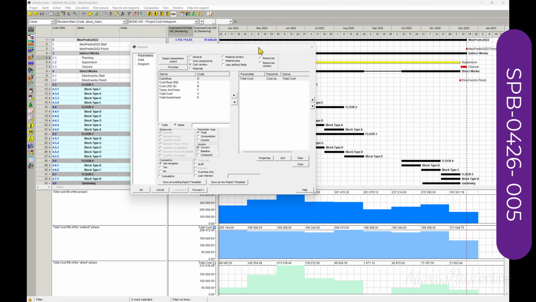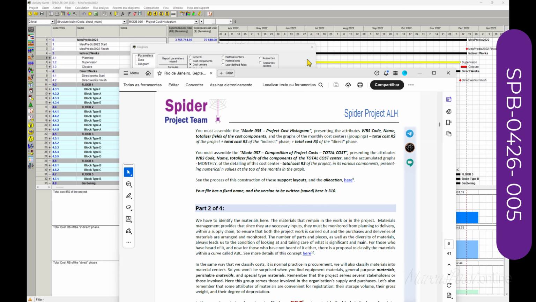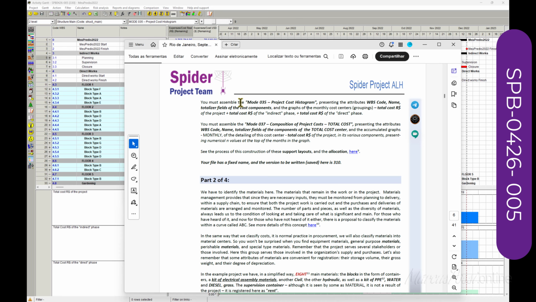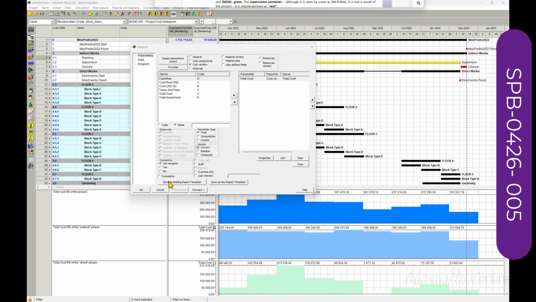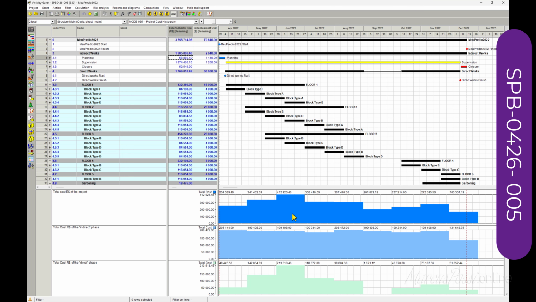Presenting attributes, totalize the graph month grouping total cost. It is not clearly informed here. You must assemble, present the attributes, okay, and the graph's monthly cost center. Okay, but it's not indicating if it is cumulative or not. And you choose here not cumulative. Okay, you may understand how much money is necessary to honor your expenses during the periods. Total costs,